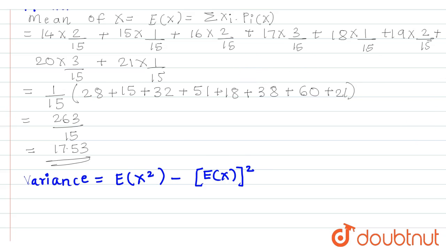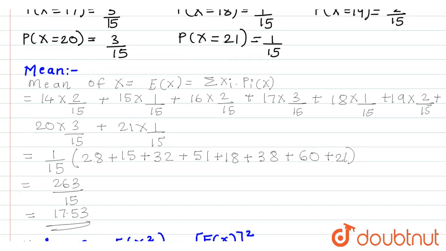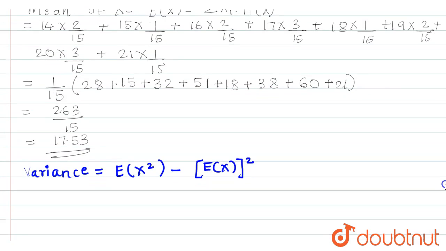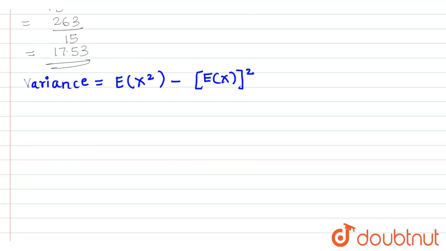So we have E of x. We have already calculated E of x. E of x is nothing but mean. But we need to calculate E of x square. So let's just calculate that quickly. How do we calculate E of x square, which is equal to summation of xi square into P